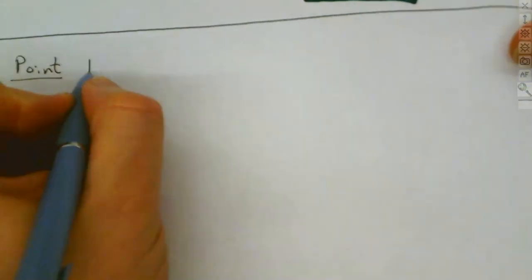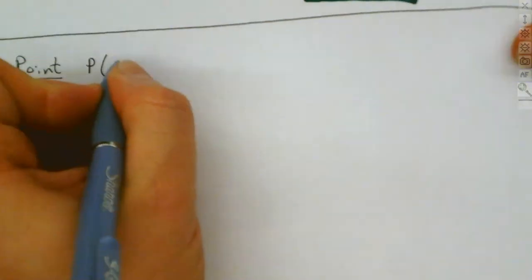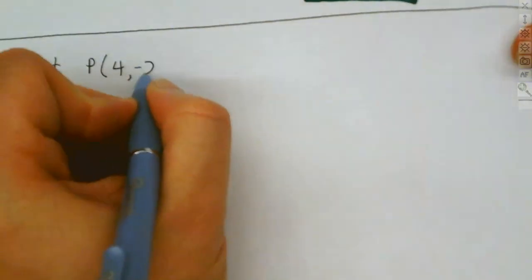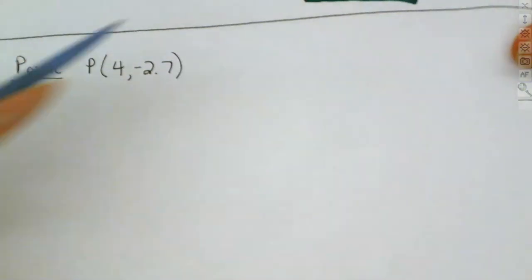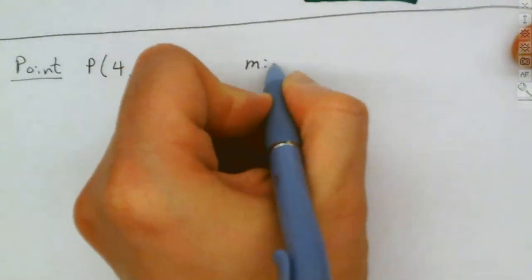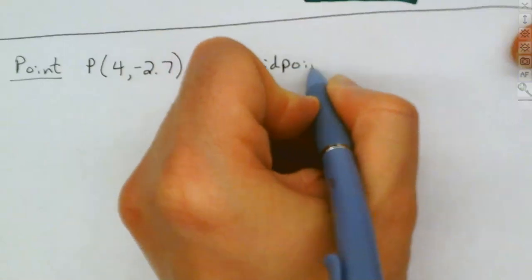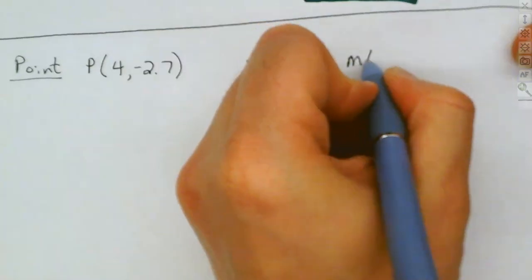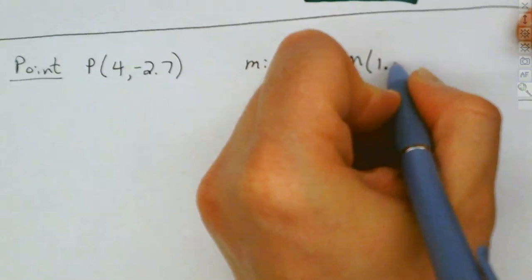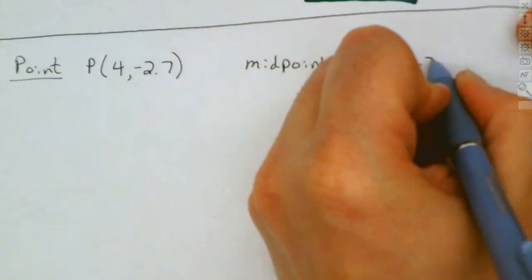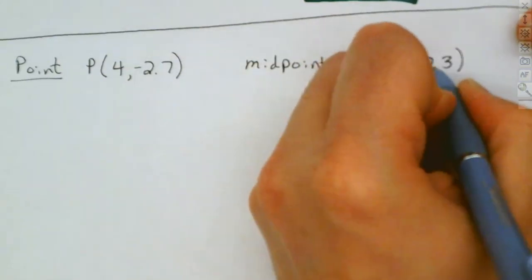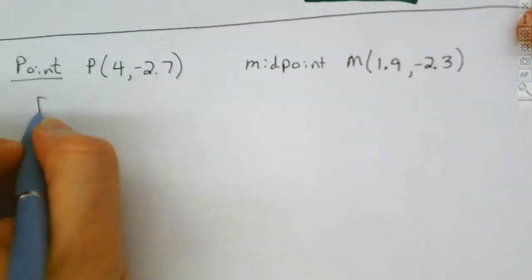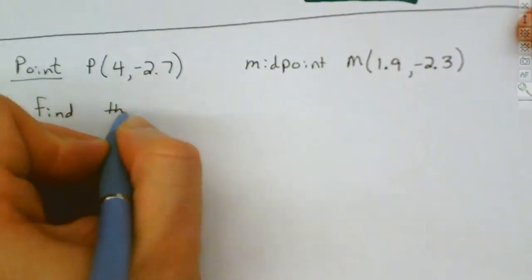If they give you the point P, and let's say that point is 4 comma minus 2.7, and then we have a midpoint, and that midpoint is labeled M, and let's say it's 1.9 comma minus 2.3, and I want you to find the other endpoint